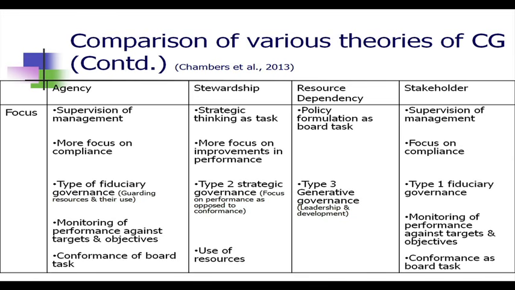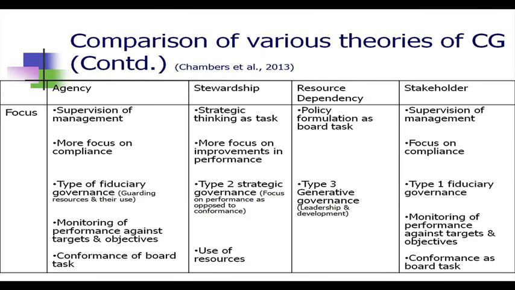There is a type of fiduciary governance which includes guarding resources and their use. So it is the board's responsibility to guard resources and their use by putting a very strict monitoring mechanism in place. Their job is to monitor the performance of management against targets and objectives,